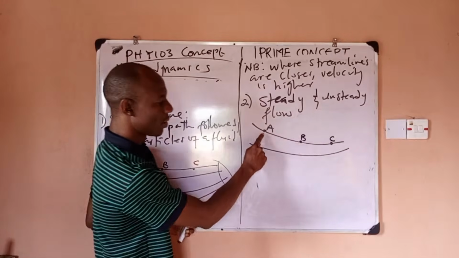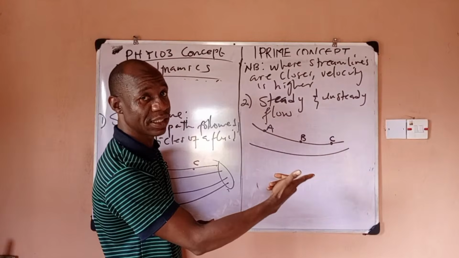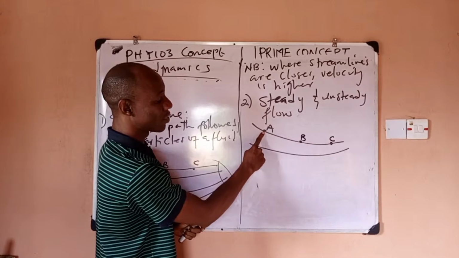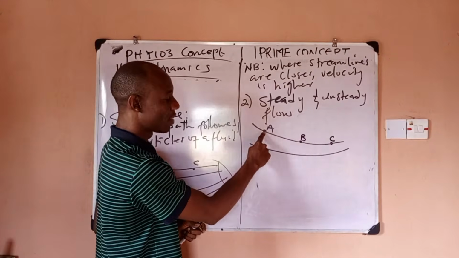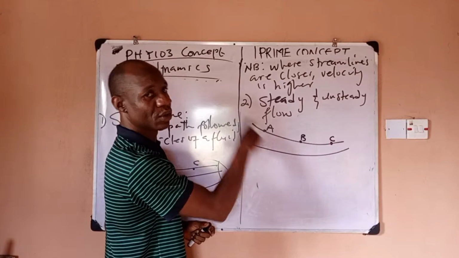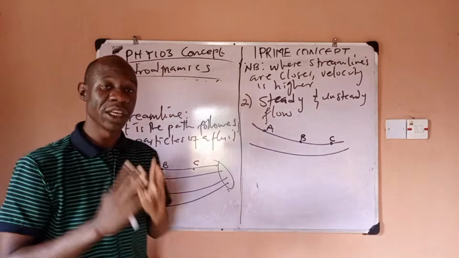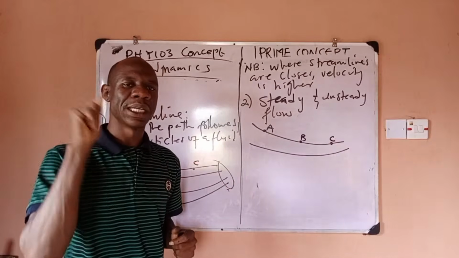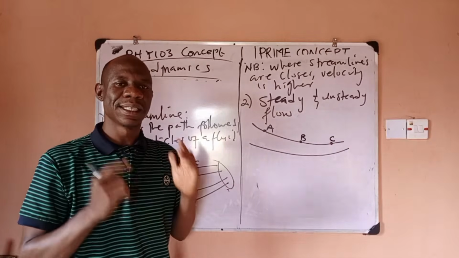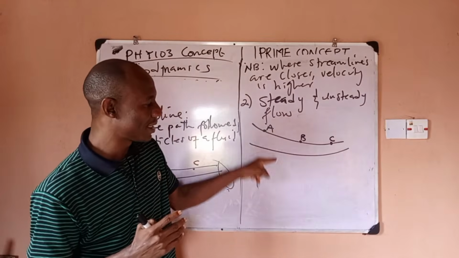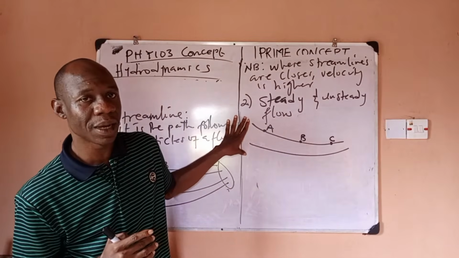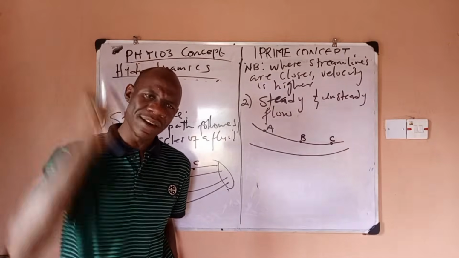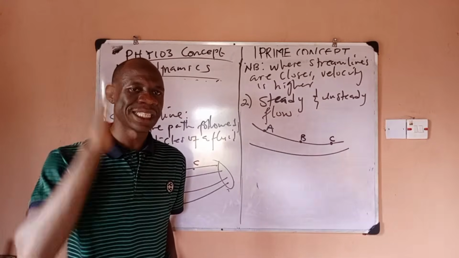Take note, the velocity at this point and this point must not be the same, but any particle that touches this point must have the same velocity as any other particle touching this point. If that happens, then you say the flow is what? A steady flow. And somebody may ask you in exam, for this streamline, how many actual streamlines do you have here? It is 2. So for a streamline, how do you get the direction of velocity at a given point?